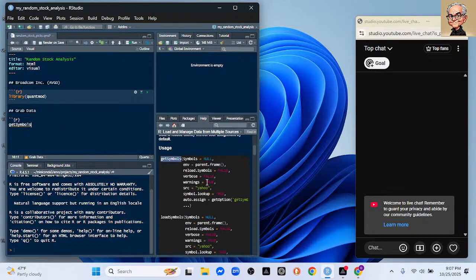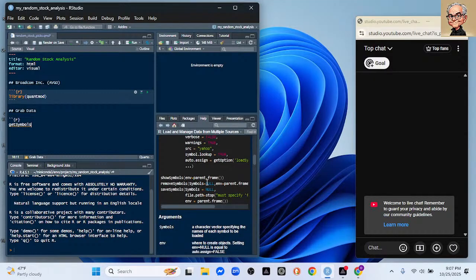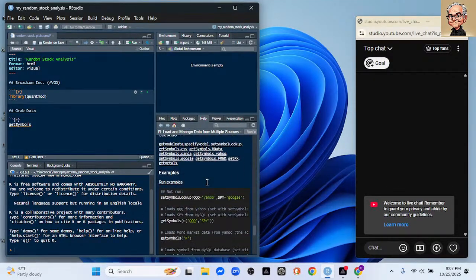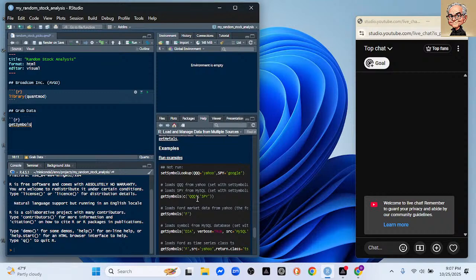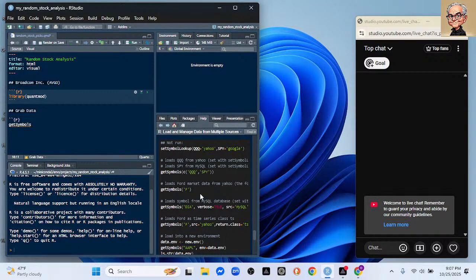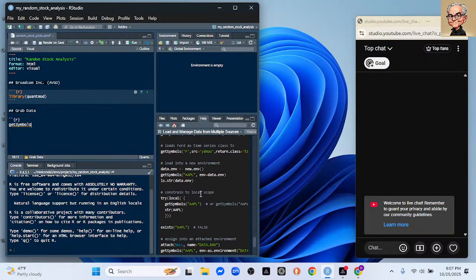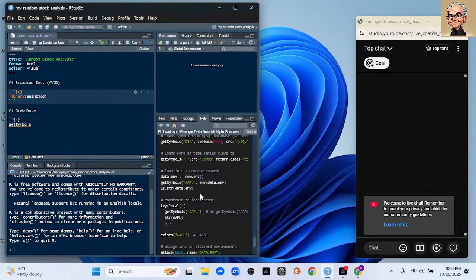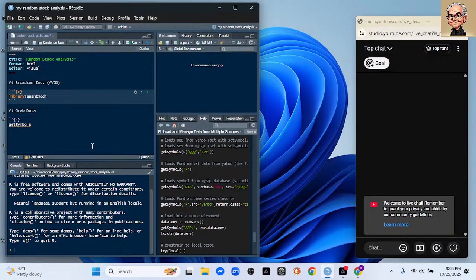Now there should be a way to specify the start and end date. So there it is. There should be a way to specify a date. So this is all we care about there. And we're interested in